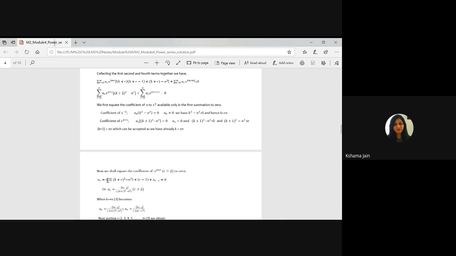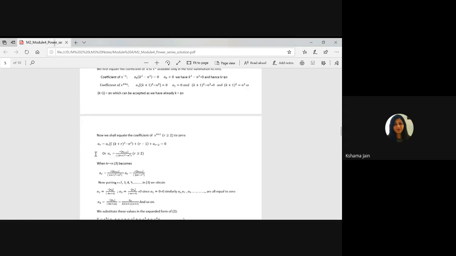Same here they have done. When we put the coefficient of x raised to power k plus r equal to 0, earlier we were moving forward 2 steps. Here we are taking backward 2 steps. X raised to power k plus r is there, but here it is x raised to power k plus r plus 2, so we need to take 2 steps back. After putting r equals r minus 2, I can get k plus r. So that's why a r minus 2 equals 0. Again simplification: in comparison of r and r minus 2, the greater element is ar.